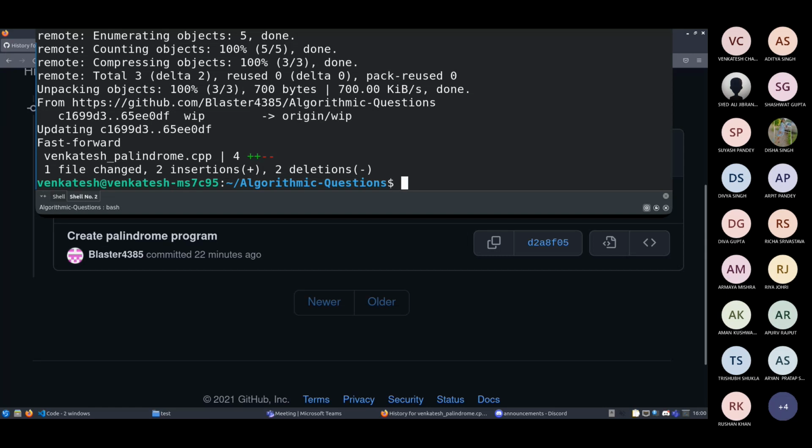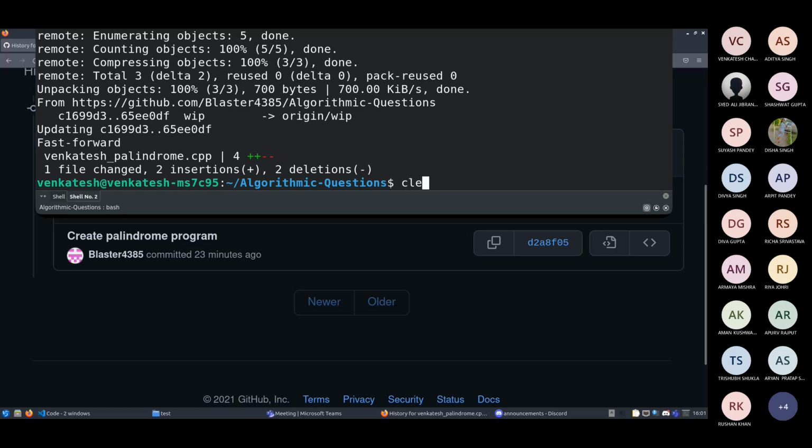Like, there is a huge project, one person pushes something to the remote, and another person who already has that repository on his local system wants that change. He can just do git pull, and it will pull all the changes that are on the remote onto his local PC.